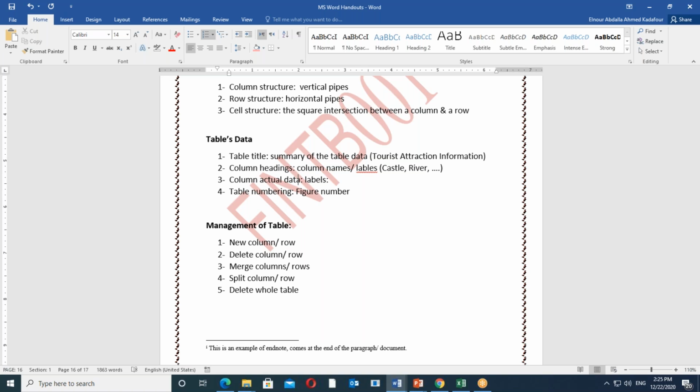Column data are the actual data. Table actual data or labels. خلاص هي